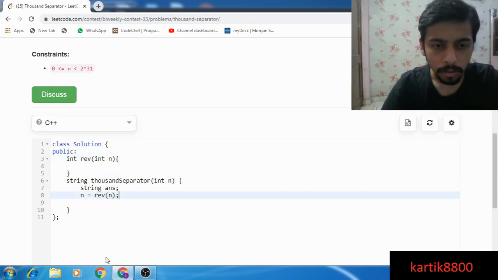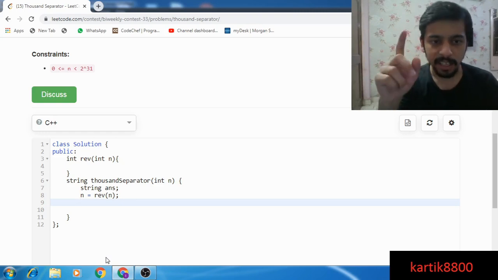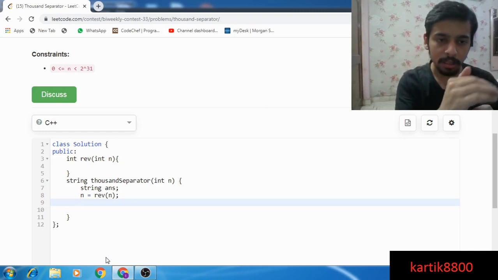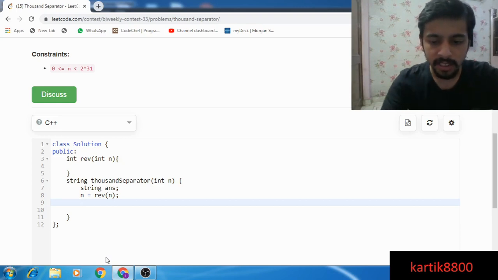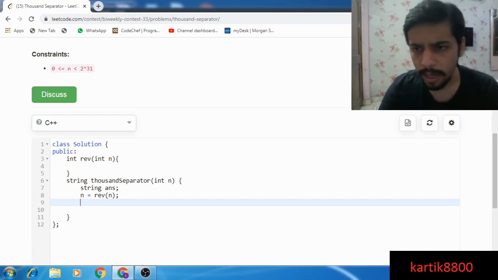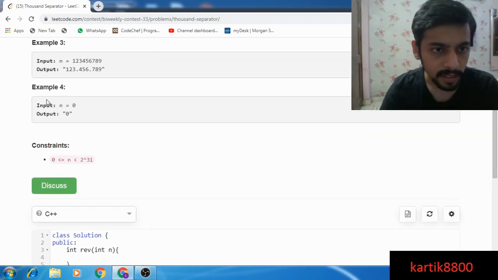Yeah, so now my integer is already reversed. Now I just need to extract a digit and add it to my answer. After adding every 3 digits, I just need to put a dot. Let's just implement that quickly. So I have this edge case here.